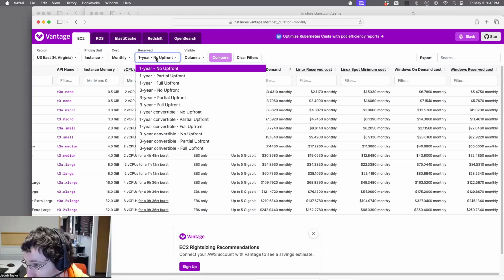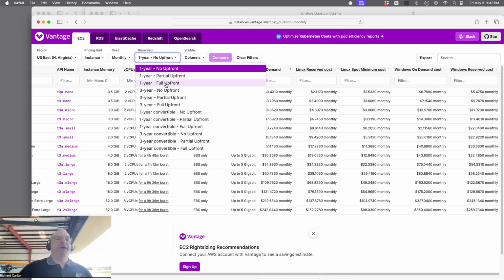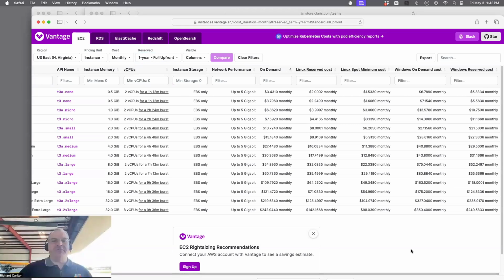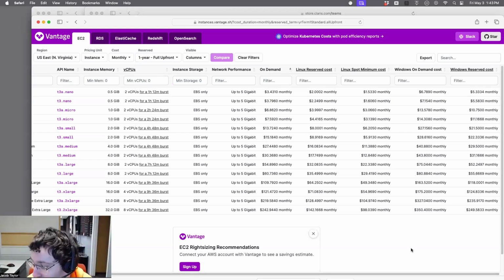Mostly it's going to be one of the 1 year options: no upfront, partial upfront, full upfront. Those are what they sound like. If you give them more money on the front end, then they're going to lower your price. Hit that one, just hit that. So you pay the whole thing up front. It's a minor additional discount, about $3 a month. I don't even tell people about it because unless you're buying servers in bulk, it doesn't matter.